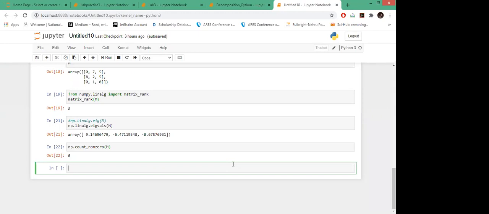For that, we have SVD, singular value decomposition, which mainly performs the task of predicting ratings in collaborative filtering, I mean, for recommendation systems. Then we can use these factorization methods for low rank approximations and so on. There are many applications which will be discussed by Arun sir in the upcoming session.